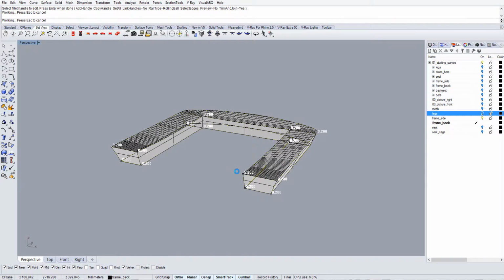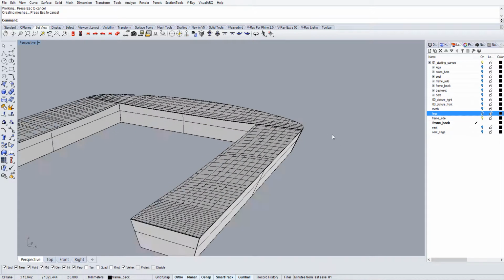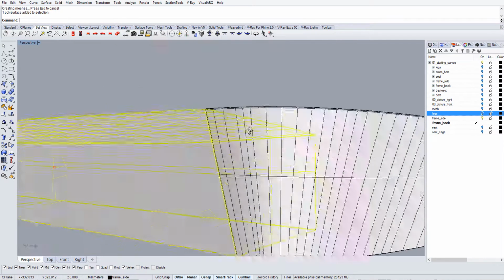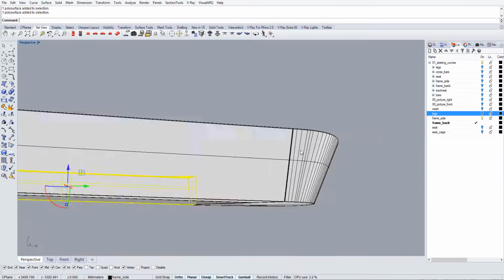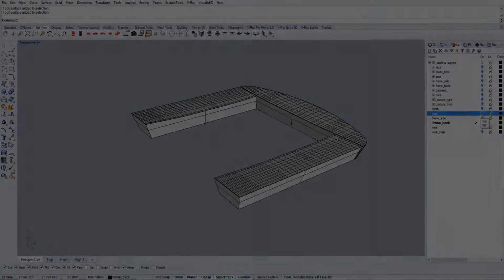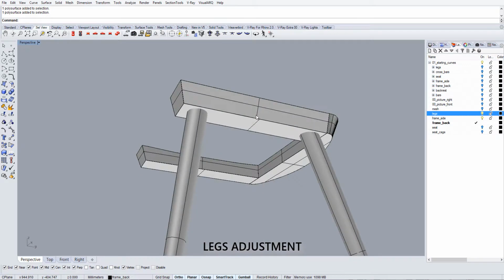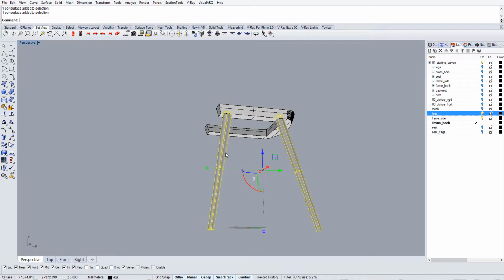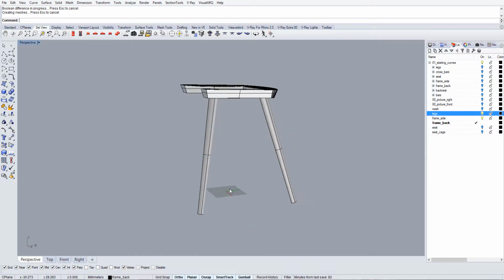And as we're trying to actually match it to a real wooden object, we're even filleting these edges, the edges of the back and side that are actually blended together. Okay, so this is with the frame, and now we can do it as well with the legs. We can do boolean difference with this frame. Okay, and now we as well need to make it